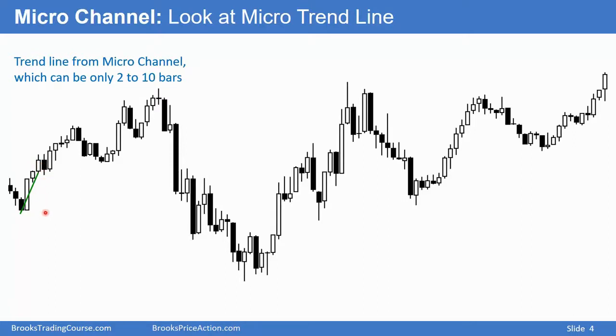A micro channel can be simply 2 bars, it can be 10 bars, it can be 50 bars. This one is a 4-bar bull micro channel. Once you get a pullback, it's no longer a micro channel. It's still a tight channel, which is still a sign of strong bulls. Chances are the first reversal down will be followed by another leg up. But now I'm going to be talking specifically about micro trend lines and micro channels.